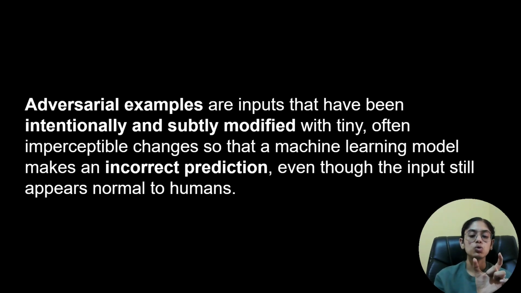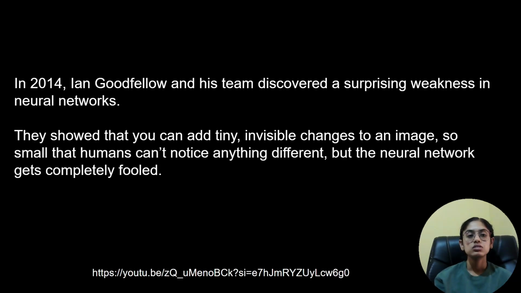We modify the input image slightly so that from the human point of view it looks normal, but from the model's perspective it may be completely different, and it forces the model to make an incorrect prediction. Adversarial examples were discovered in 2014 by Ian Goodfellow and his team, who found a surprising weakness in